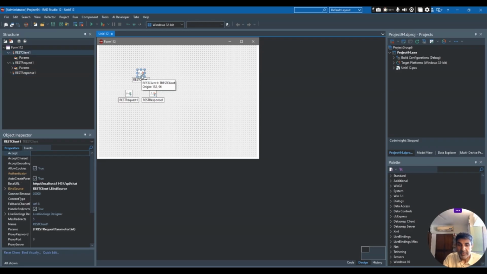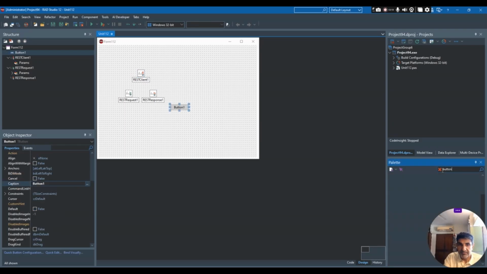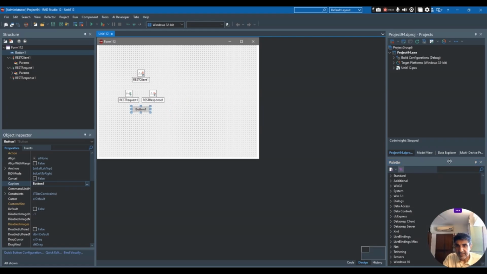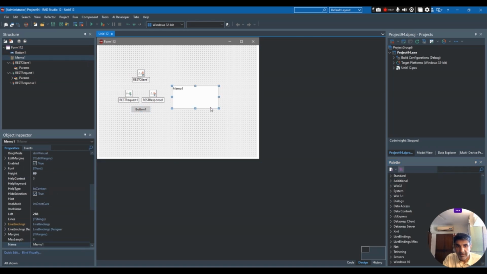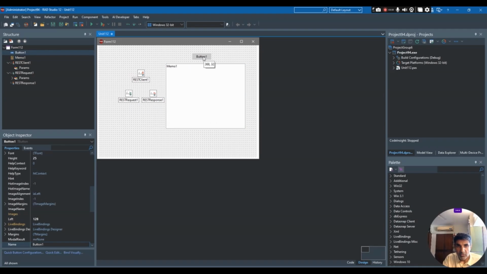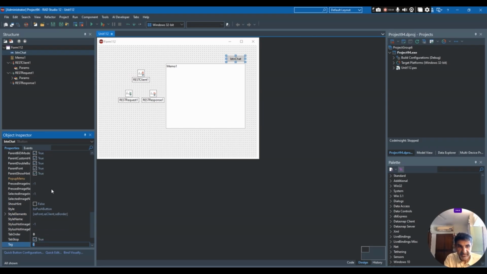And this is now pre-configured with exactly what you did in your REST debugger. So let's quickly test it out. Put a button here and let's put a memo here. Expand this memo a little bit more. And let's go ahead and name this button chat and change the text. So caption